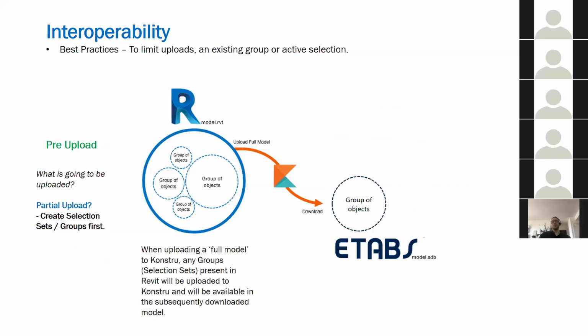Another thing is sometimes you want to work with these particular groupings and selection sets, so you don't want to upload the entire model, because also based on your Wi-Fi capabilities, your internet capabilities, or whatever you're given at the moment, uploading a large, massive model might be counterintuitive. But of course, with the possibility to select exactly what you want to upload, whether it's groups or a custom selection, you can go ahead and do that and make a Konstru model only with those specific objects, and that